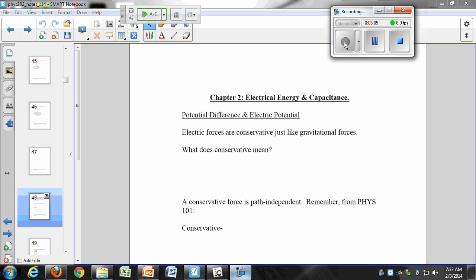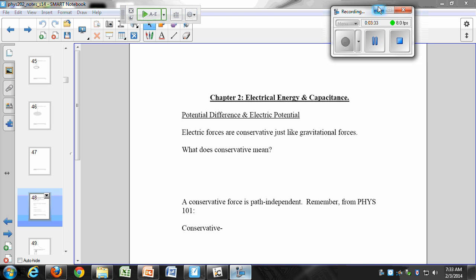So where fields were force per unit charge, potential is going to be, at its most basic level, energy per charge. So the potential, which you know more readily as the voltage, right, the 9-volt battery, that provides 9 volts of energy per unit charge, or joules per coulomb. So whenever you think of potential, you want to think not of forces or fields, but of energy. How much energy is given to a charge? And this idea becomes important when we get into circuits.